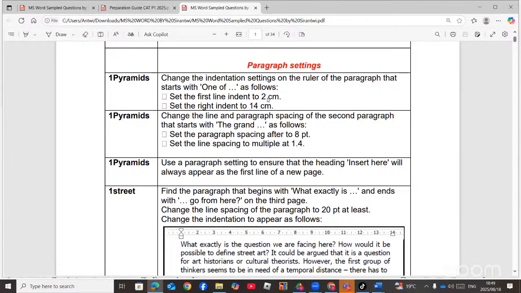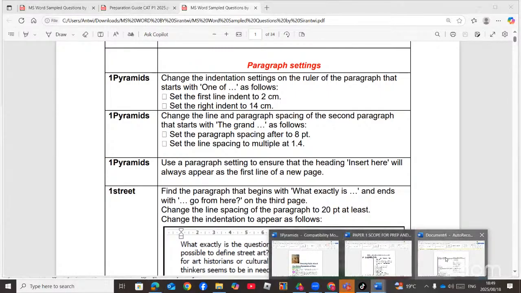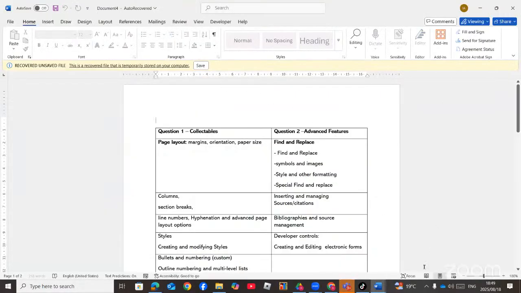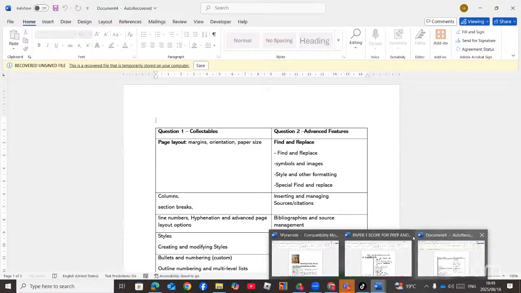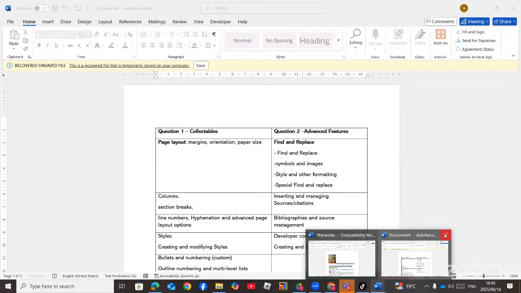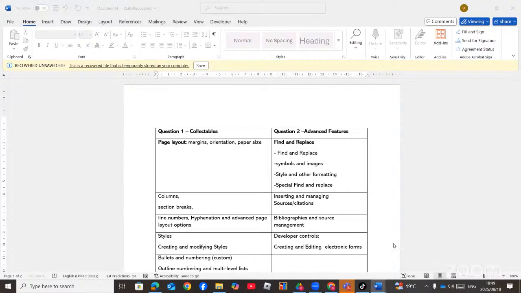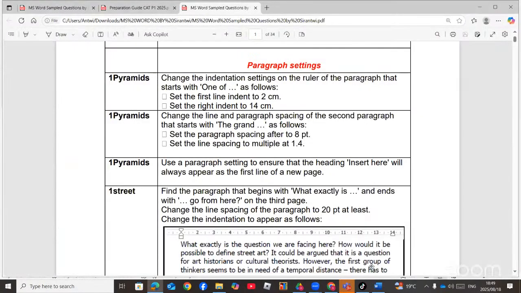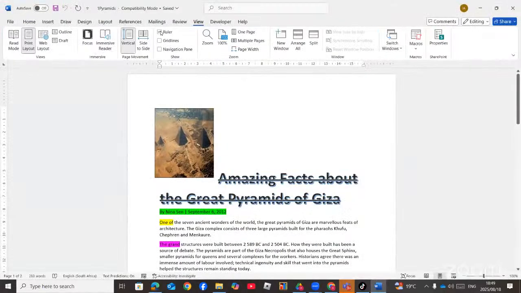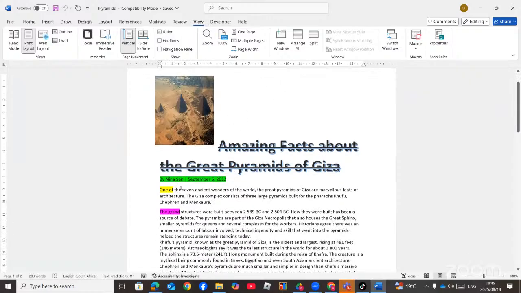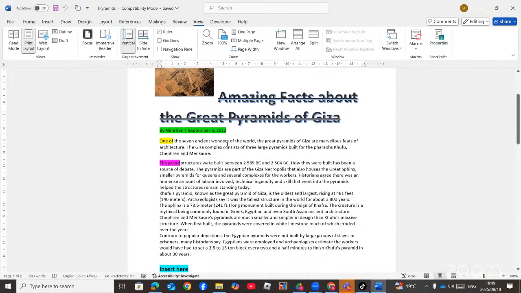The first line indent to 2 centimeters, and then the right indent to 14 centimeters. Right, so we have the ruler setting. If you don't find it here, go to view and then you take ruler. It should be there. Now, this is the paragraph we are going to deal with. So you click inside the paragraph. Now the question says first line indent